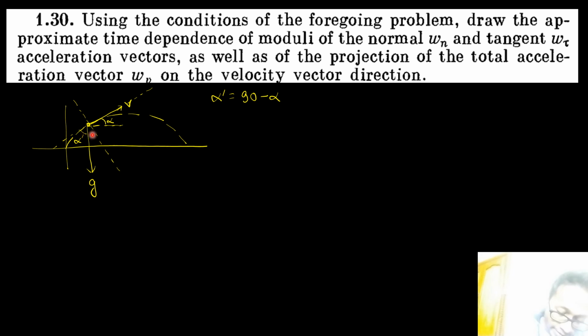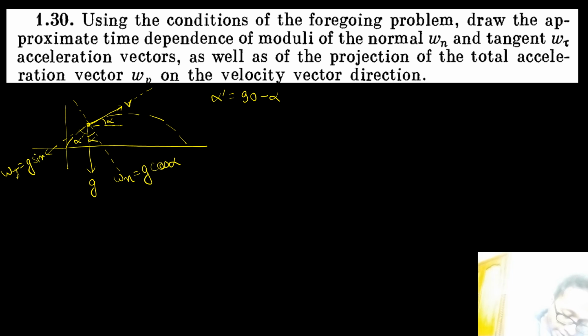And look at this line, this angle makes 90 degree. So if this is 90 minus alpha, this angle would be alpha. The question is trying to say, find the component of this g along this line and along this line. So component of normal acceleration along this line would be g cos alpha,